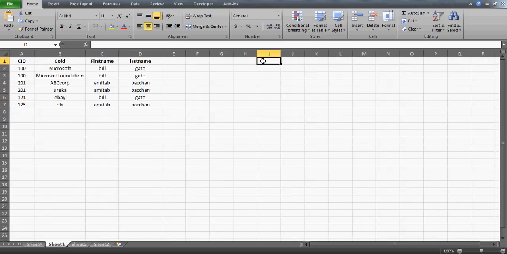You can prepare somewhere these numbers, the unique numbers. You can pick them. For example, let's just write here somewhere CID says 100. It stands for, let's say, name, first name. So I'm going to write here Bill Gates, or maybe simply you can write the Bill as well. Okay, and then you have 201, and for the 201 you have a name called Mr. Amitabh, and then you have 121, 125. So 125 is for your,